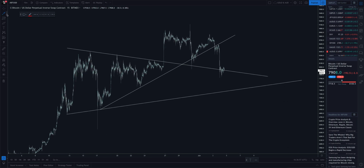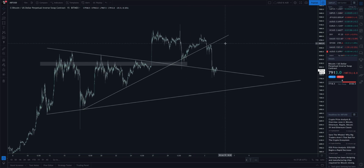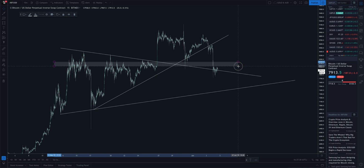resistances. So actually, first off, I'll just mark up where we were targeting last week. We've got this downtrend line coming from the highs made in May. And when we were trading up here, I was looking for a bounce at 8K. I was thinking, once we test 8K and break above it, we'd really start to trend upwards and break these highs. But we've really struggled to